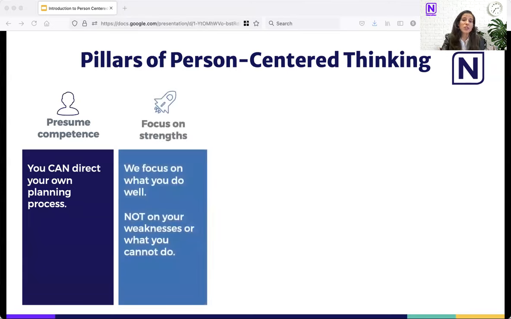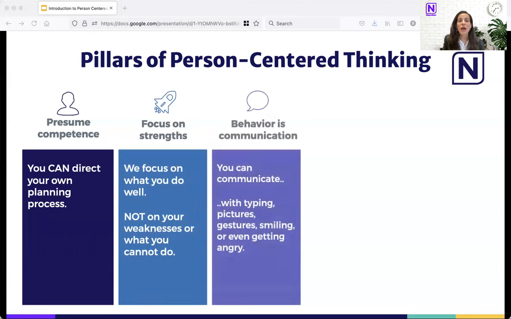Next, we're going to pay attention to strengths. What are you good at? How do you like to spend your time? We'll also listen to what you need, but that will be in the context of supports that will help you to be successful. The third value, behavior is communication, means that we believe that there are lots of ways to